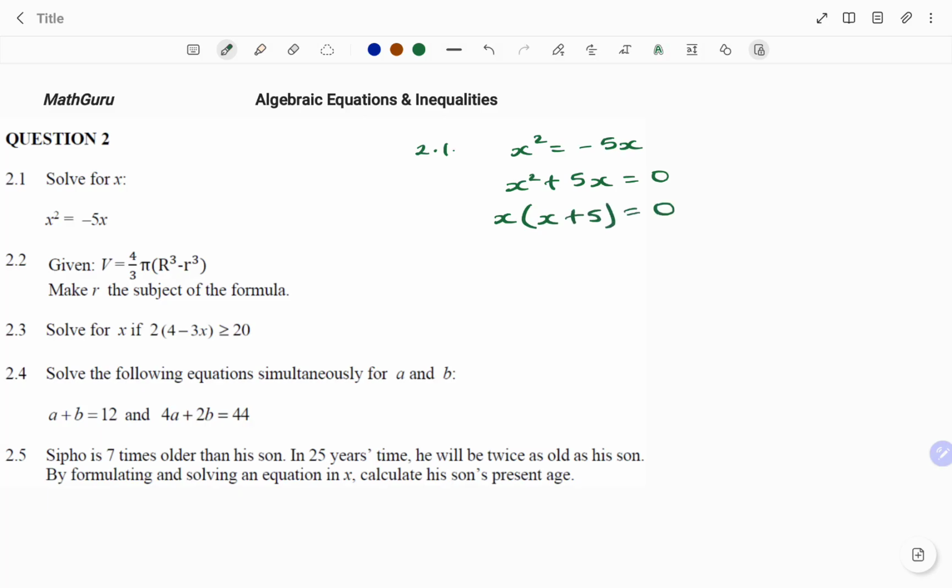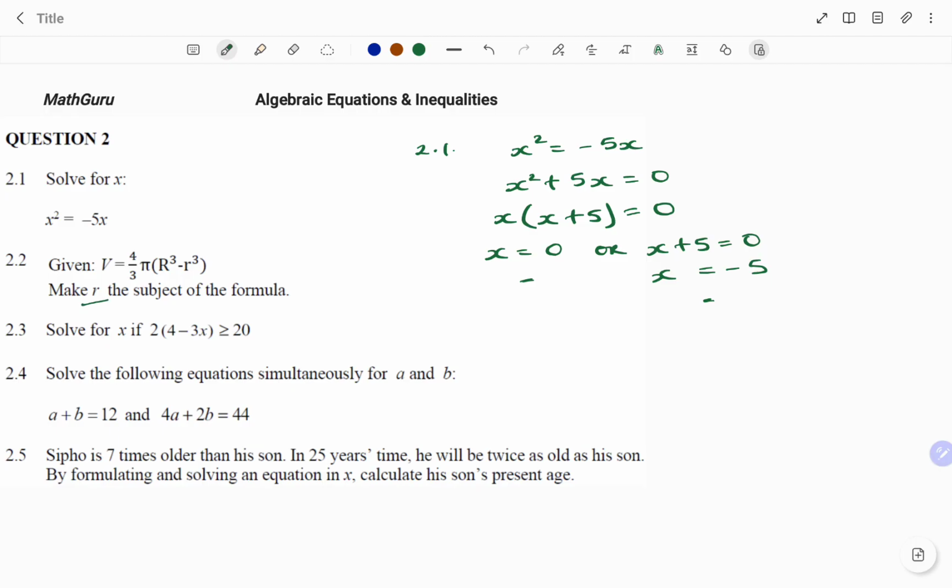And in such a case, we equate each of the factors to 0. So we have x equals 0, or x plus 5 equals 0, which makes x equals negative 5. So the two values of x that make this equation true are x equals 0 or x equals negative 5. The next question says, given V equals 4 over 3 pi in brackets R cubed minus r cubed,